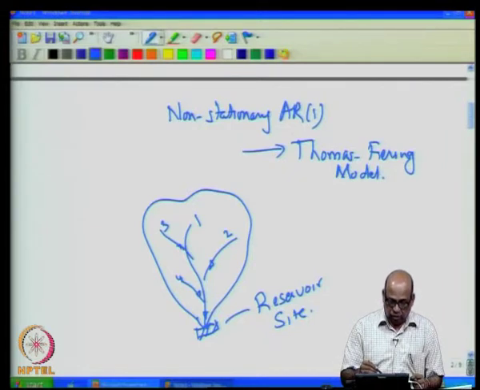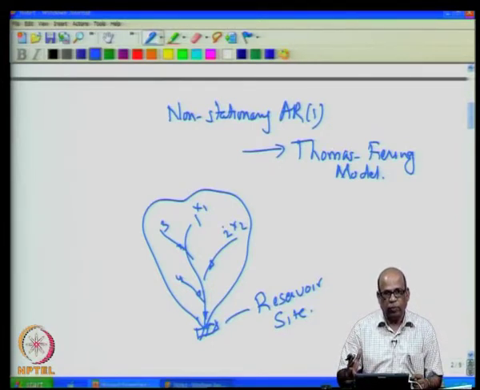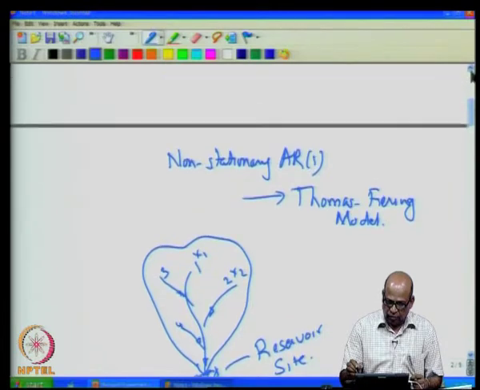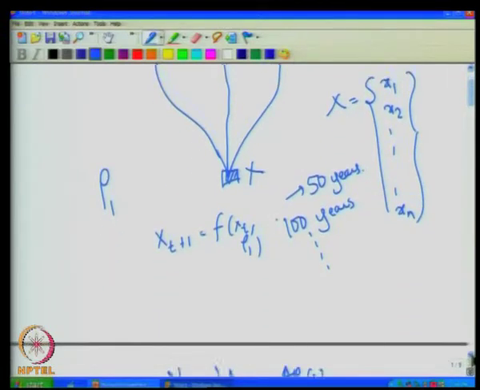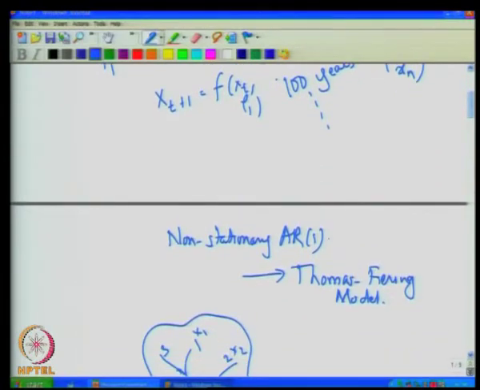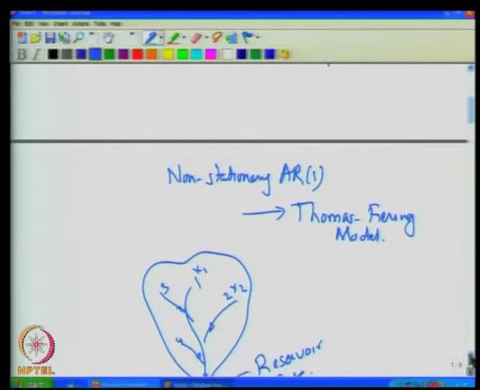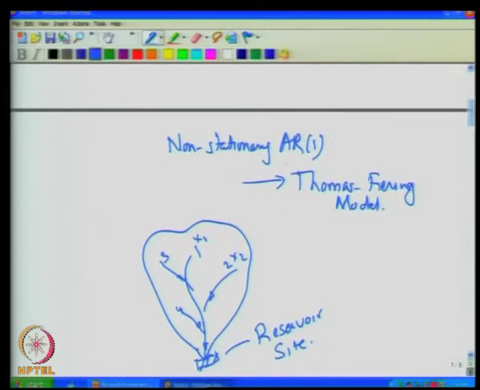Now, if they are all independent, let us say this is the random variable x 1, this is random variable x 2 and so on, all of these are independent or can be assumed to be independent, or you can afford to ignore the dependence among themselves. Then what do we do? We can consider each of them as a single time series and generate exactly the way we did earlier. That means this becomes a time series by itself, and then you generate it using the single site models. Remember, the earlier model that we talked about is a single site model, because we are not considering any other influence on this time series.